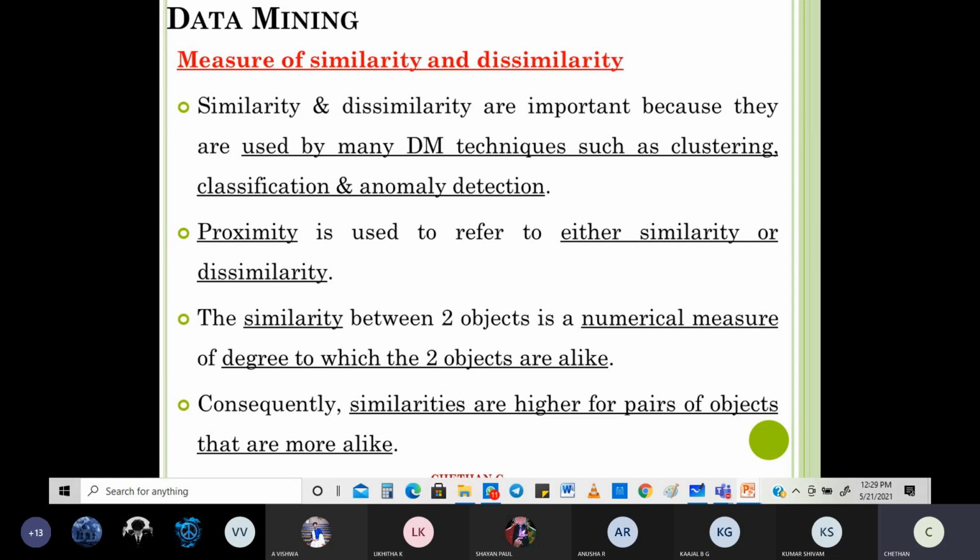So proximity is used to refer to either similarity or dissimilarity. Similarity between two objects is a numerical measure of the degree to which the two objects are alike. Similarities are higher for pairs of objects that are more alike. Okay, if two things are